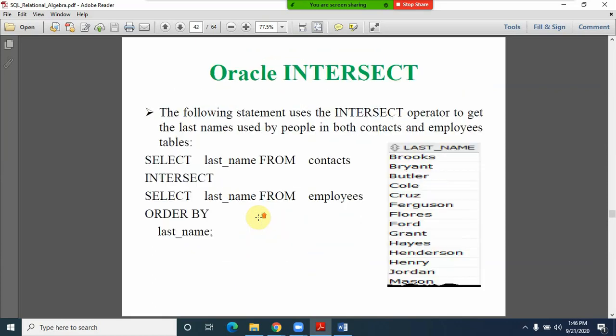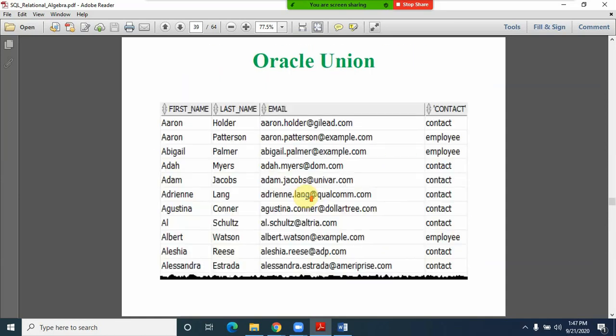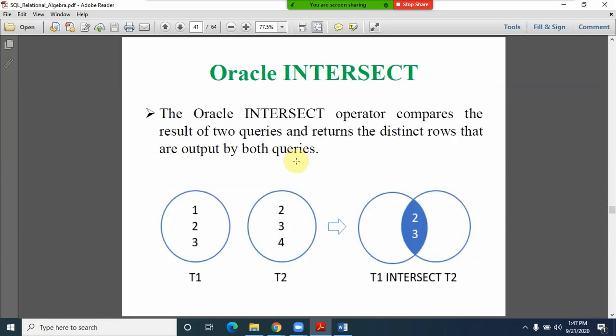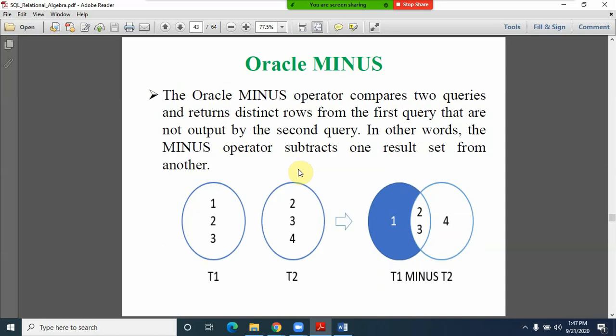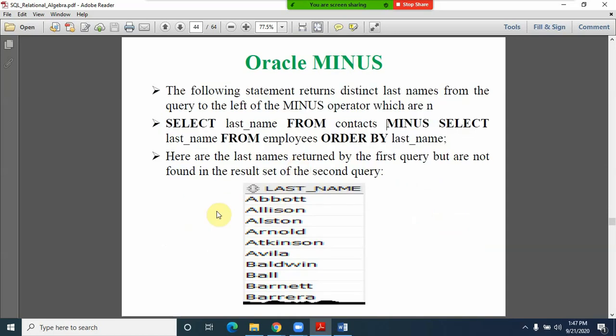In the earlier examples, like intersect, you can observe the combination: all the information from both contacts and employees was expected, and we got the result. But when we use the minus, we get the information only from the first table. And what is the first table here? Contacts.